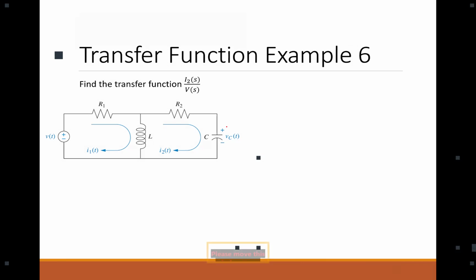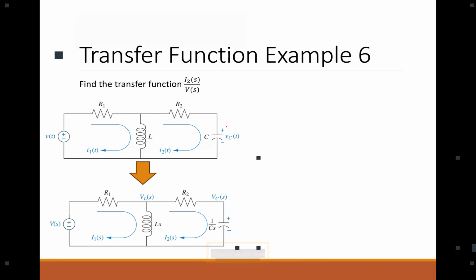Now, let's do a slightly more complicated circuit. We have the input, which is our voltage source, and we want to, again, find a transfer function that relates the output voltage across the capacitor to that input. Now we have two loops. Again, it should be easy. It's just a KVL, KCL derivation over that circuit. So if we do that,